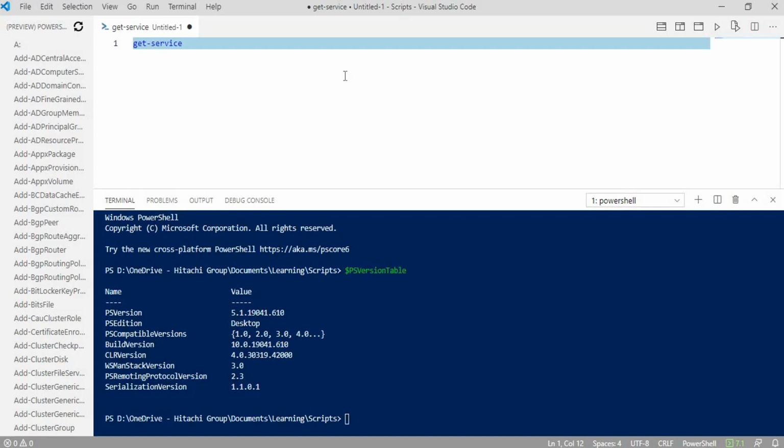So now you can see we have exactly the same environment as PowerShell ISE. In case anybody is coming from a PowerShell ISE background or wants to work in that environment, he can create that environment in Visual Studio Code as well, and he can enjoy the same environment.